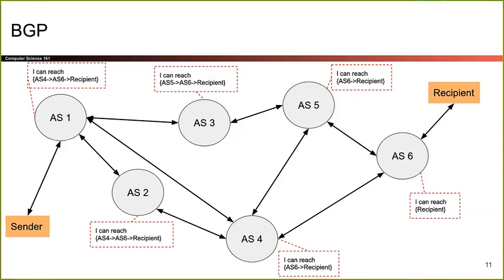So again, BGP is very long and complicated, but if you want a shorter version of how it works, it looks like this. But basically, all you really have to know for this class is BGP is used for sending messages across the internet, many hops across different networks, until eventually we get close enough that we hit the recipient. I think that's all you have to know for BGP. Any questions while we stare at the beauty of this diagram?